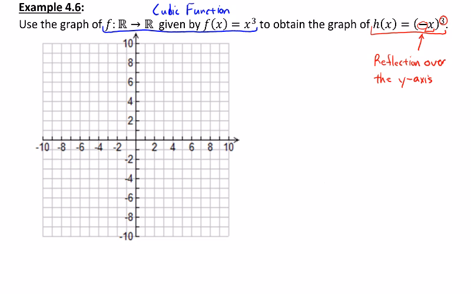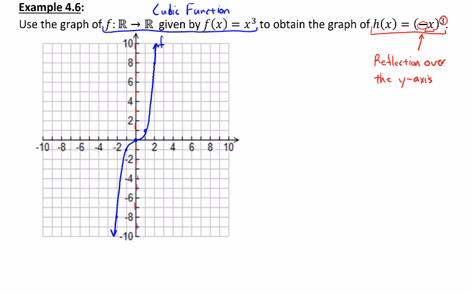So let me go ahead and get a picture of f, my cubic function. I'll label that as f. And we're supposed to take this picture and reflect it over the y-axis. So I'm going to treat this a lot like I did example 4.5, where we did an x-axis reflection. I'm going to put a dashed line right on top of the y-axis, and this is going to represent my